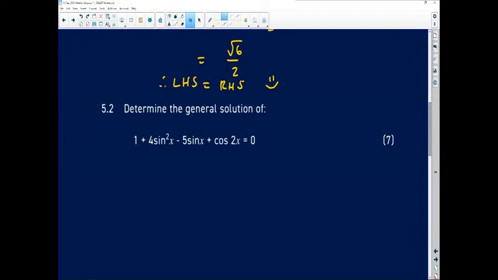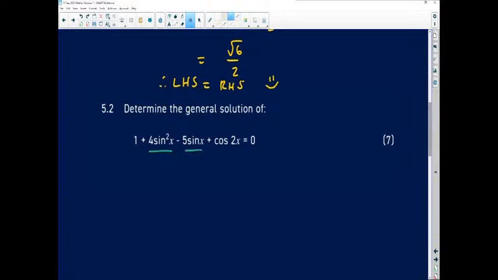Okay, so 5.2 says determine the general solution of 1 plus 4 sine squared x minus 5 sine x plus the cosine of 2x equal to 0. Okay, so like I said in the previous question, in math, things work out quite nicely if we can get all of them to look the same. So when I look at this particular equation as I'm trying to find a general solution, what stands out for me is we've got sine squared, we've got sine x